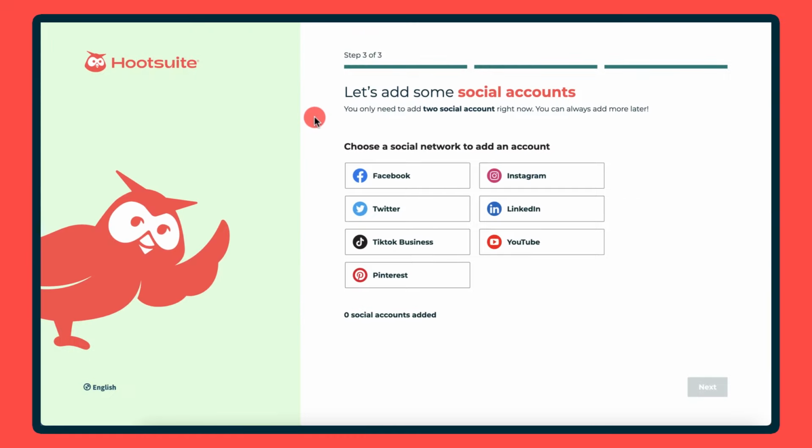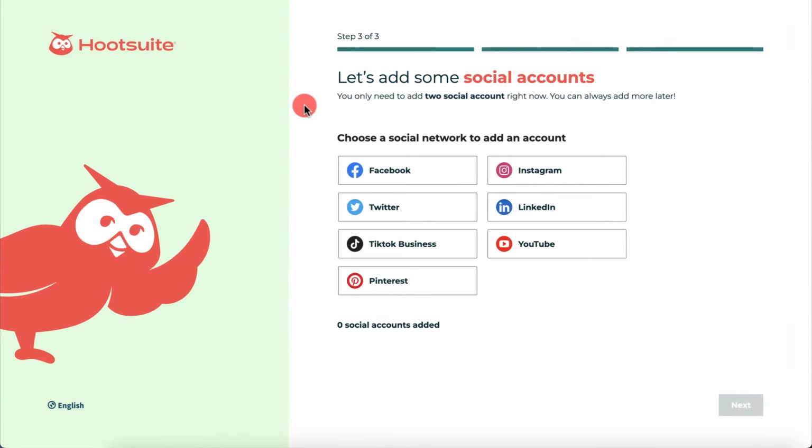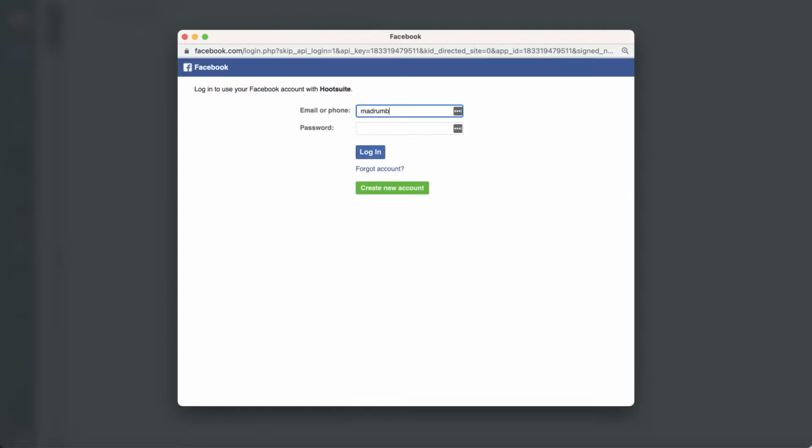So once you've signed up with Hootsuite, you'll be prompted to add your social accounts. So for this walkthrough, let's assume I'm the social media manager for a hotel chain called Athene Suites that has multiple social media accounts on different platforms. I'm going to add my Facebook account first. And here I'm just going to follow the prompts to allow Hootsuite to access my account.